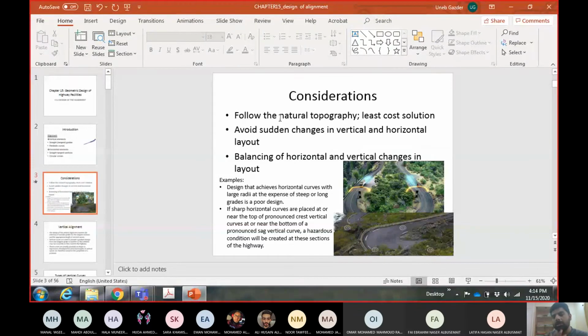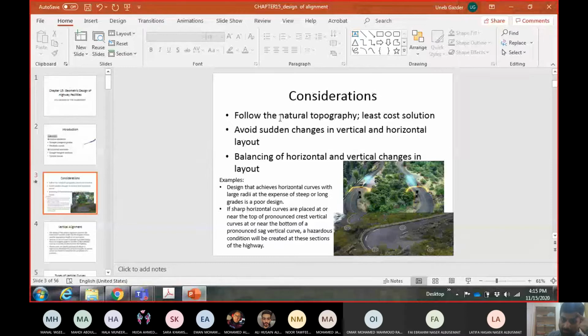So this is another application of following the natural topography that will make your design easier, and it will be the least cost solution. For example, in a mountainous area, if you try to provide large curves, with large radius and smooth and big curves, it will cost you a lot, because construction in mountainous area is costly and you will not have the space. So in order to maintain your design, you will have a lot of problems. But if you follow the topography and provide sharp and short curves, which are the demand of the area, then you will have the least cost solution, and you will have no problem with the design or the cost, or fewer problems.